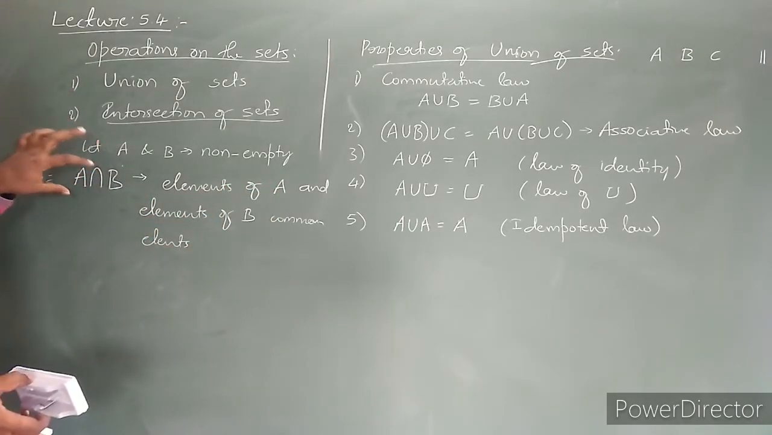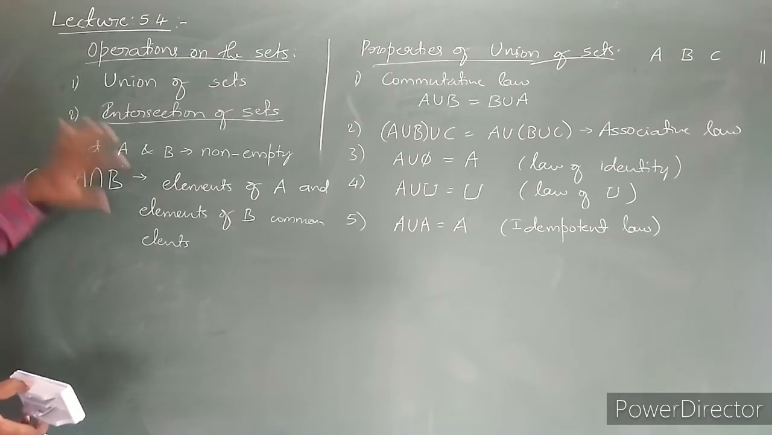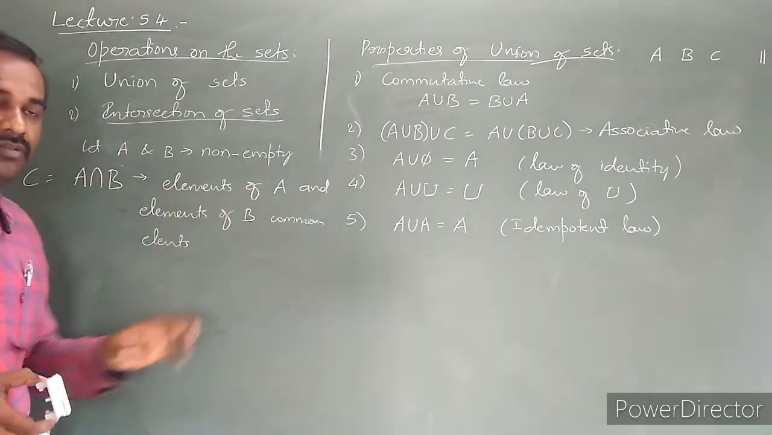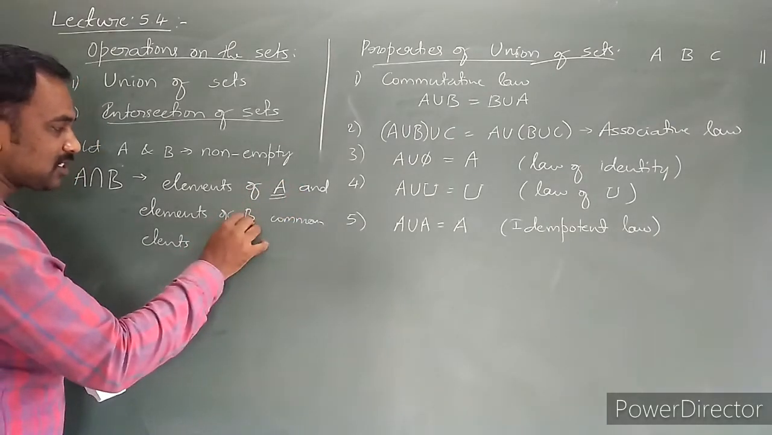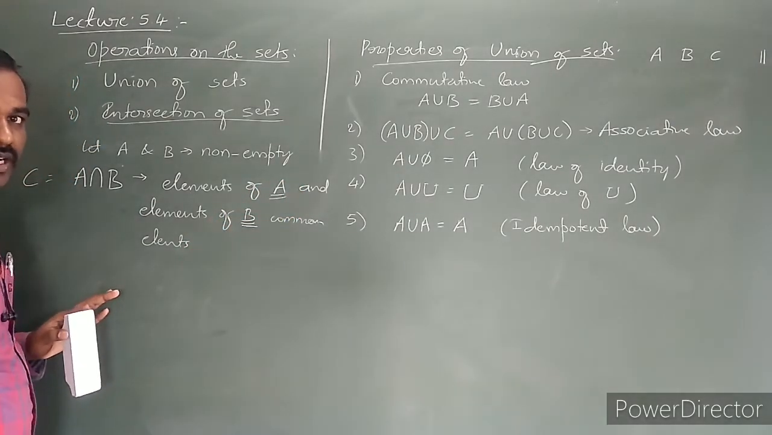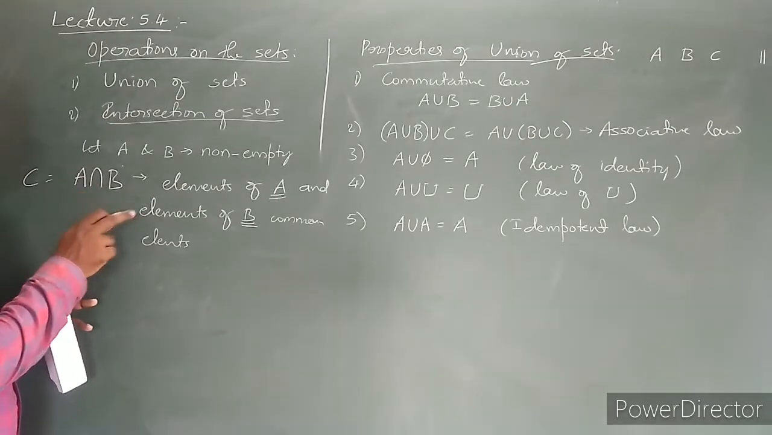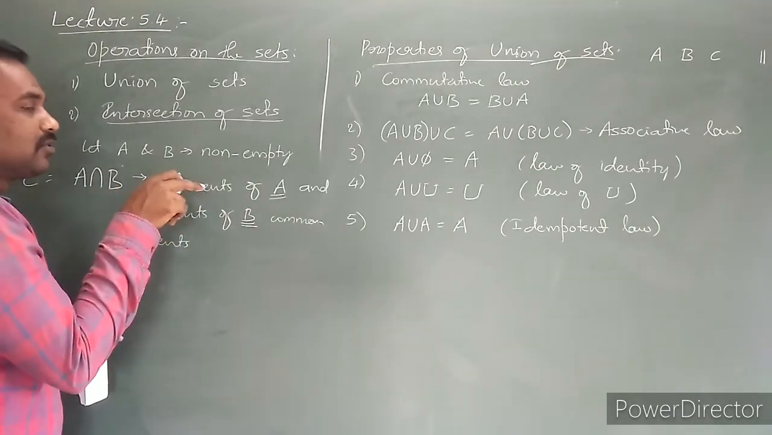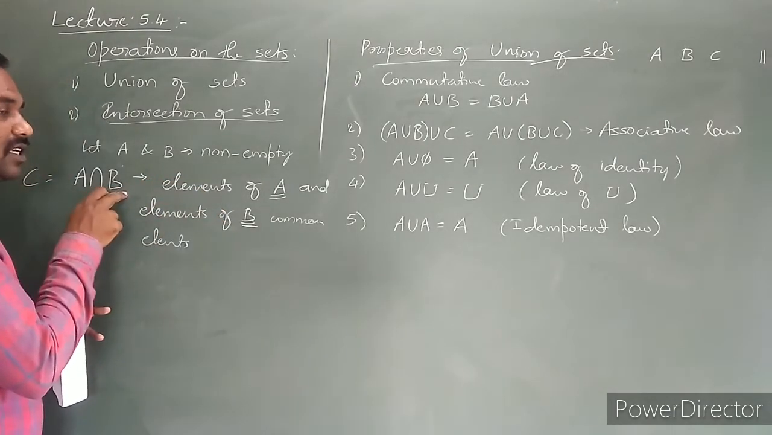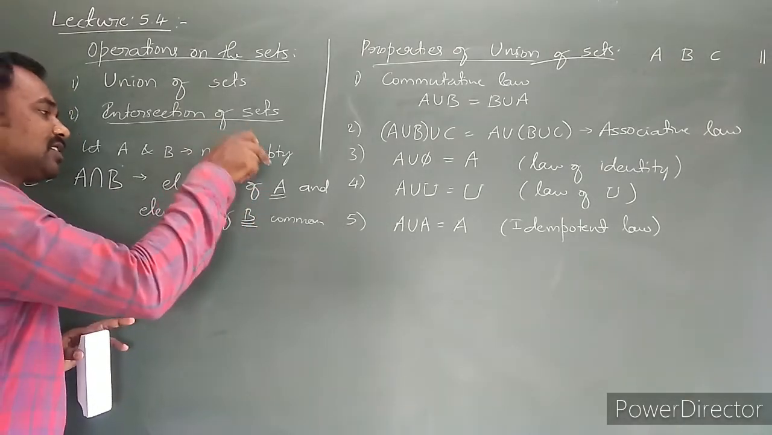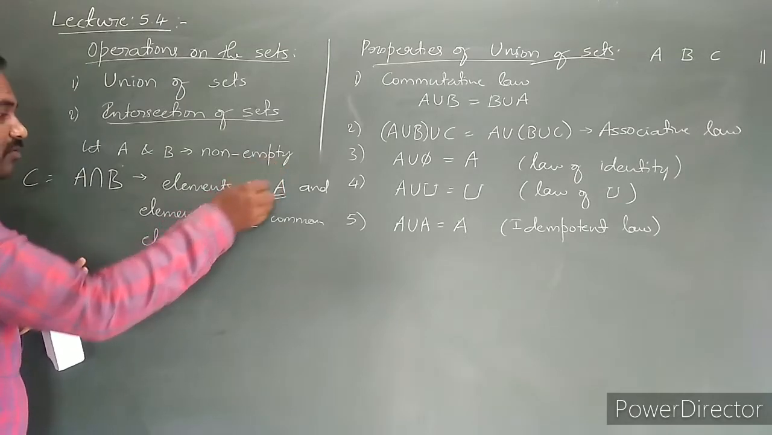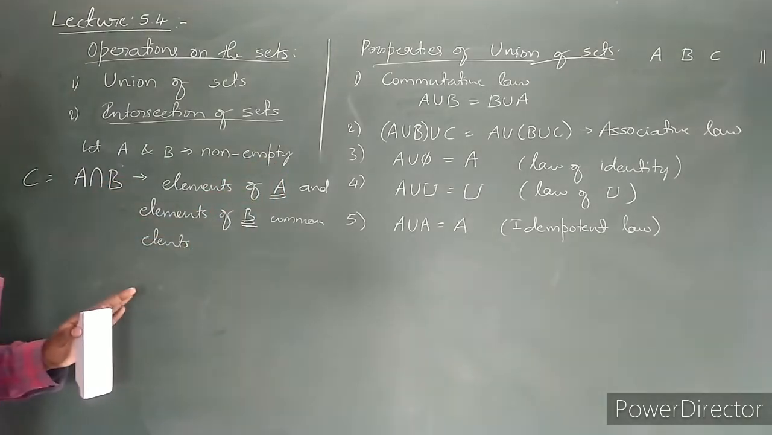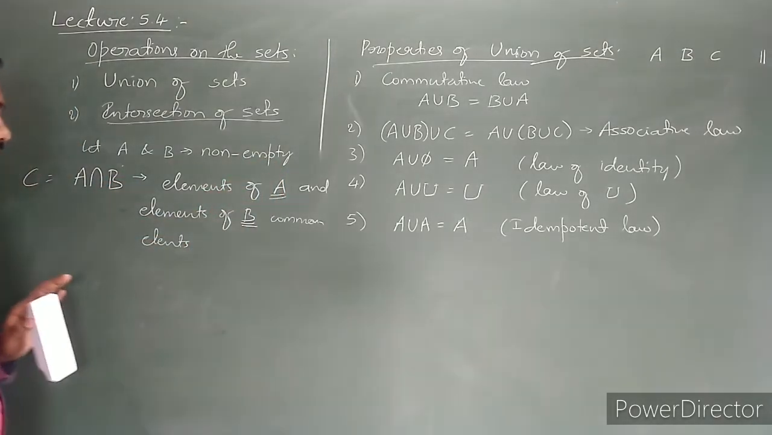Here, A intersection B contains an element which is present in the set A as well as present in the set B. What is A intersection B? A intersection B contains an element which is present in the set A as well as present in the set B. That means common elements are going to lie in this operation. Are you clear? For example,